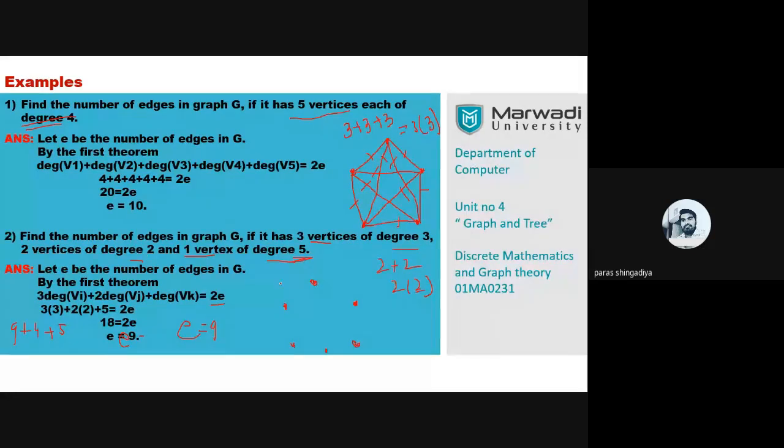क्लियर, एटलीस्ट सब वर्टेक्स की डिग्री 2 तो है, ठीक है। यहाँ पे 3 वर्टेक्स है जिसकी डिग्री 3 है, there is 2 vertices of degree 2 and 1 vertex of degree 5. सो फर्स्ट मेक वन बाउंड्री टू ईच वर्टेक्स, क्लियर, बिकॉज एटलीस्ट सब वर्टेक्स की डिग्री 2 तो है, ठीक है। देयर इज नो एनी वन सच वर्टेक्स ऑफ डिग्री इज 1. सो नाउ ऑल वर्टेक्स have डिग्री 2. Clear? That is, all vertices have degree 2. Done.